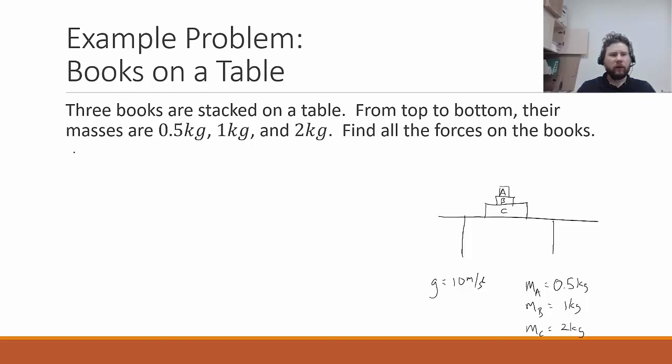So we have our three objects, excuse me, A, B, and C, and I'm going to do free body diagrams for them. So I take my whole objects A, B, and C, and I'm going to shrink them down to a dot, and I'll show all the forces on them as arrows on that dot. Now, the easiest object to start with will be object A, because object A has the least number of forces